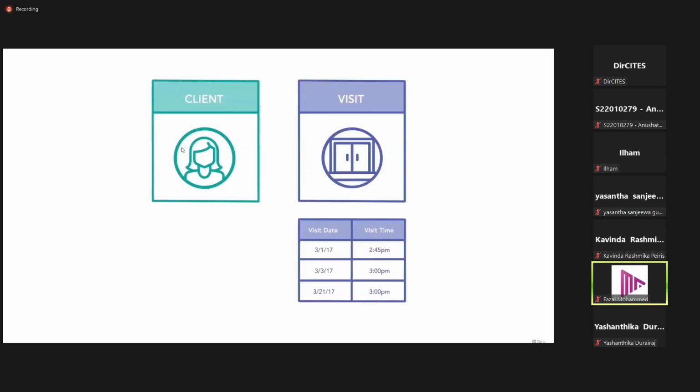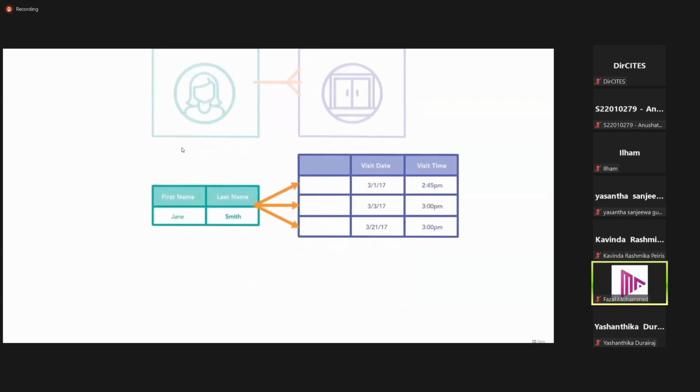One client can have multiple visits over time, but each visit belongs to only one client. This is called a one-to-many relationship. When creating your data model, use a crow's foot to represent a one-to-many relationship. One client, many visits. In order to relate these 2 tables, each visit needs to know which client it belongs